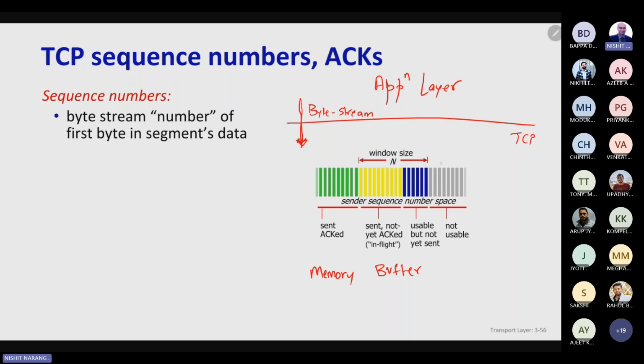The ones that you see which are grayed out are the ones which have already been sent to the receiver and have been acknowledged. I grayed them out because I can now free up the memory buffer from these. They have already been received at the destination. I sent them at some point in time, and the receiver acknowledged them. So these are the gray bytes. They've already reached the receiver and are already acknowledged. I can free up this memory buffer. This is done. The blue ones are the ones